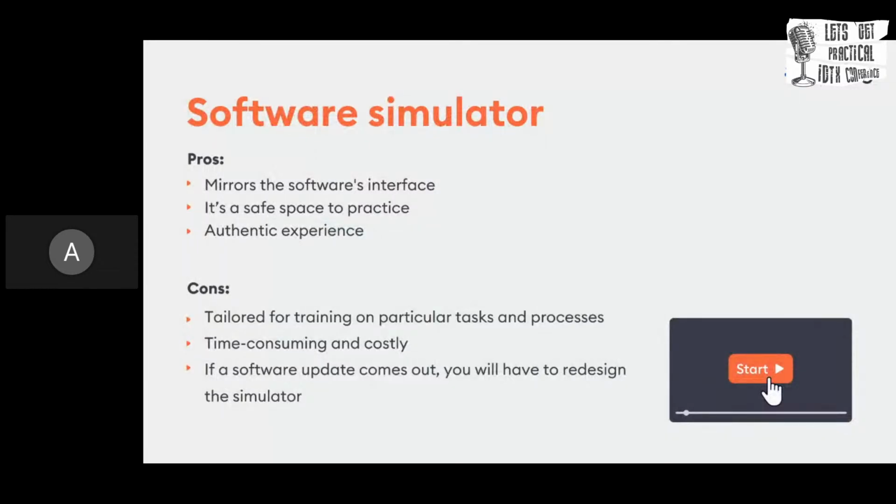This format is incredibly helpful for employees learning new software. We talked about screencasts before, and there we have instructions for when your learners need to freshen their knowledge or something like this. But if they learn new software, these simulations